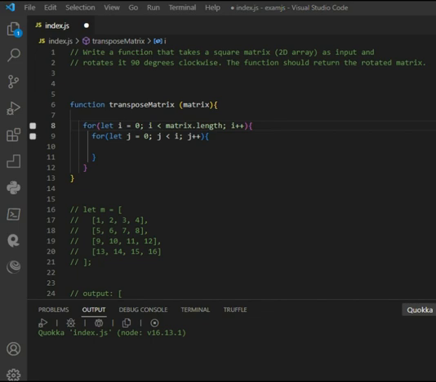Good, so I defined two loops. To nested loop, the outer loop iterates over each row of the matrix. So I represents the current row index. So it ensures that every row of the matrix is processed. And the inner loop iterates over each column up to the current row index. So J represents the current column index,